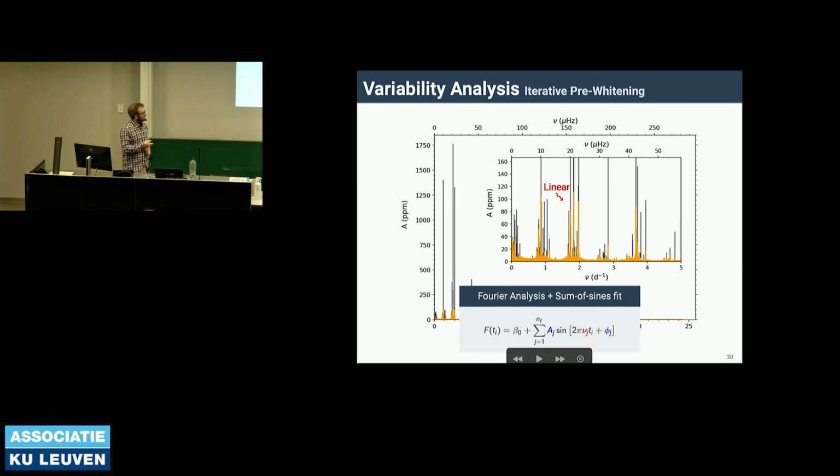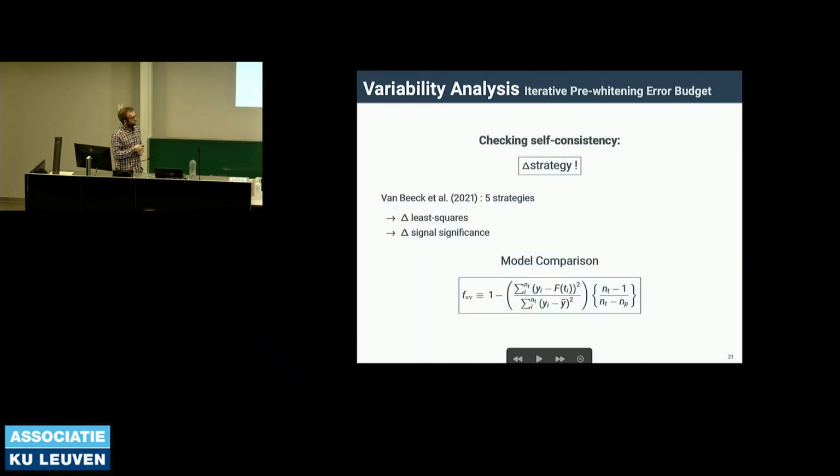That means that our analysis will leave residual signals in there that reduce this FSV value, so that your sum of sines model does not become a great way to analyze